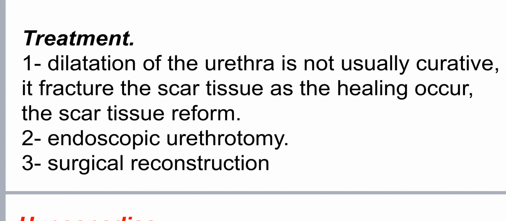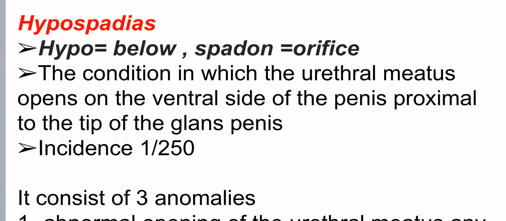The third topic is hypospadias. What do we mean by hypospadias? Hypo means below, spadon means opening. It is the condition in which the urethral meatus opens on the ventral side of the penis, proximal to the tip of the glans penis. Bring me a newborn baby: the opening of this baby is below its normal position. On examination you see the opening below its normal position and abnormal skin,